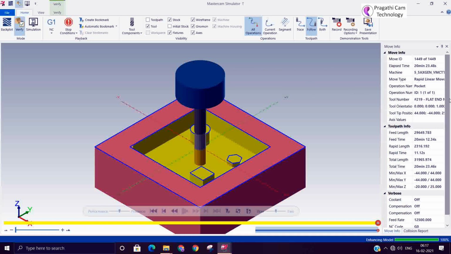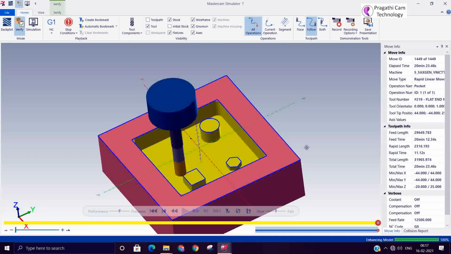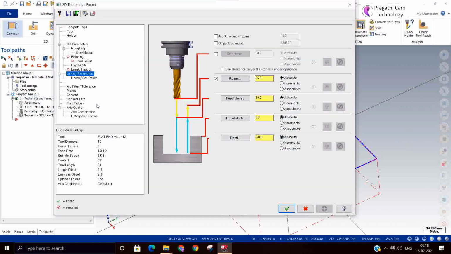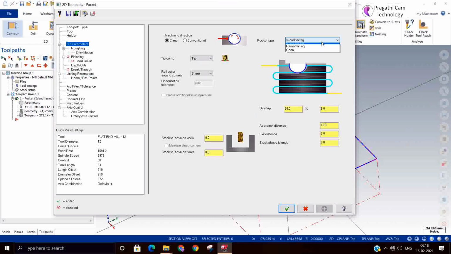Different depth and height projections can be machined in a single shot. Now we have seen the different types of pocketing methods.